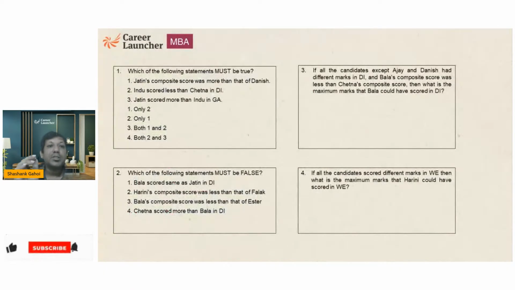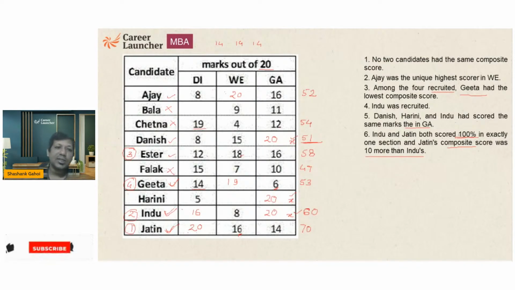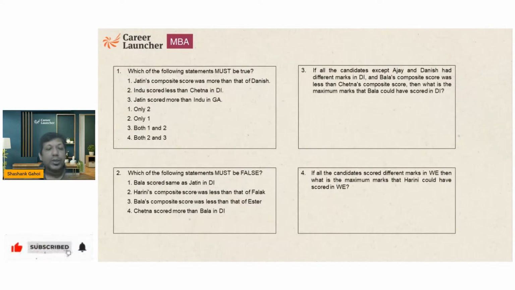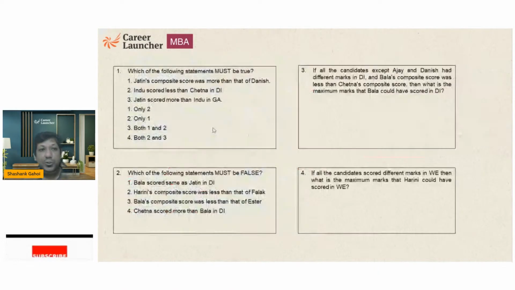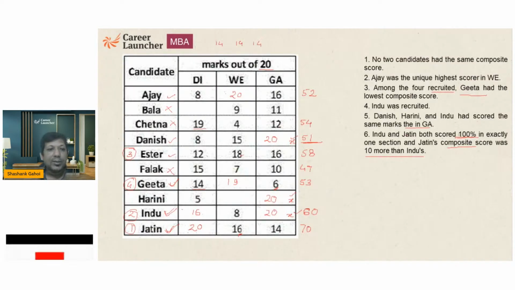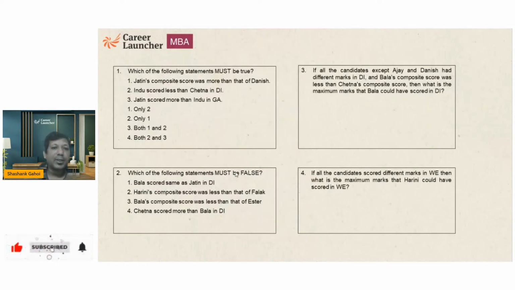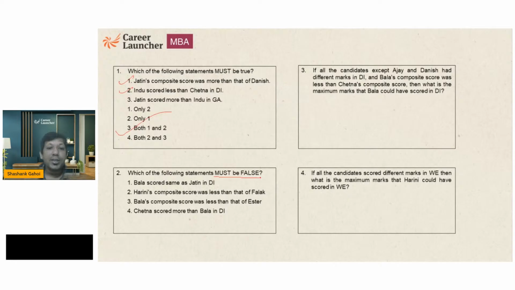व्हिच ऑफ द फॉलोइंग मस्ट बी ट्रू। ठीक है, जतिन का कंपोजिट स्कोर दानिश से ज्यादा है, जतिन का सबसे ही ज्यादा है, इसका मतलब फर्स्ट स्टेटमेंट इज ट्रू। इंदू स्कोर्ड लेस देन चेतना एंड डीआई, इंदू का स्कोर चेतना से डीआई में कम है, दैट इज ऑल्सो ट्रू। सो स्टेटमेंट 1 इज ट्रू, स्टेटमेंट 2 इज ट्रू, एंड थर्ड वन इज जतिन स्कोर्ड मोर देन इंदू इन जीए, and third statement is false। इसका मतलब first statement is true, second statement is true, third statement is false। So answer of this question is going to be option 3, that is both 1 and 2।